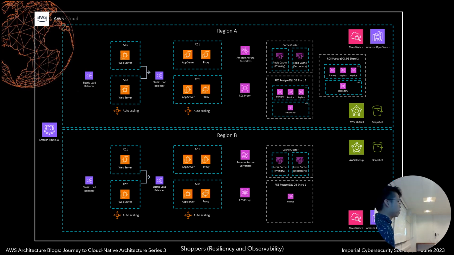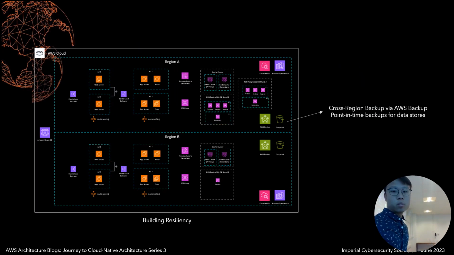So next, we take our architecture even further. After that, we want to focus on implementing resiliency and observability. And what that means is we want to split our region up into region A and region B. And what this does is that if something goes wrong in region A, we're able to tap into region B to continually serve our customers. And how we can do this is through a service called Backup, where we copy over the different data within region A into region B. And we also duplicate the infrastructure in region B using infrastructure as code, which I will share more about later. We also have